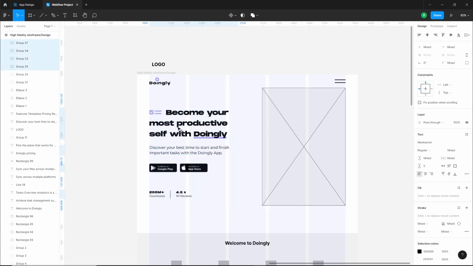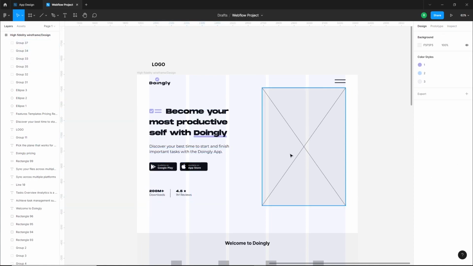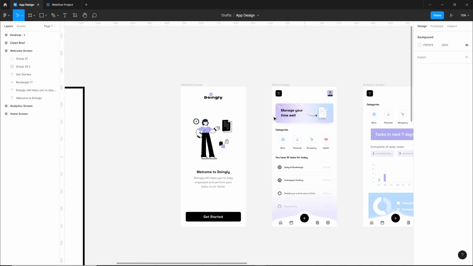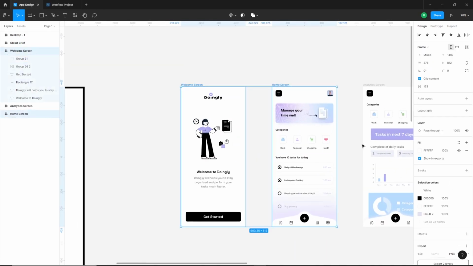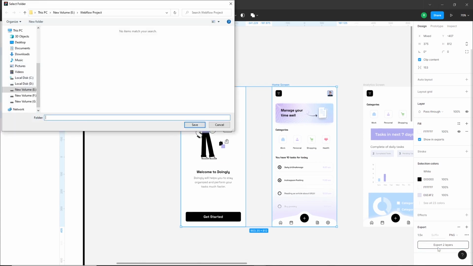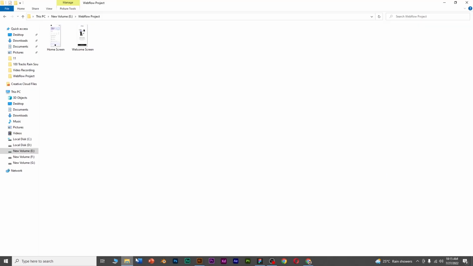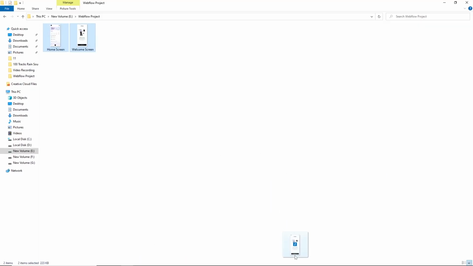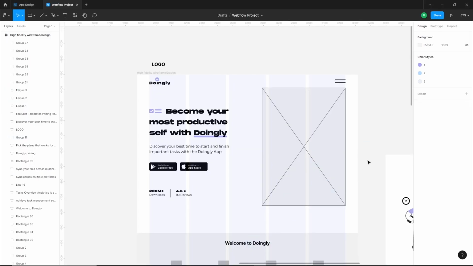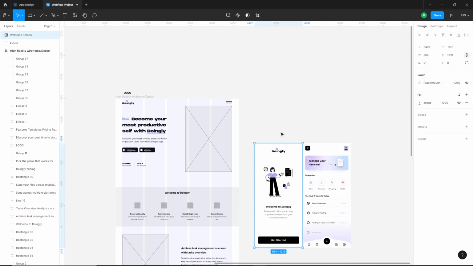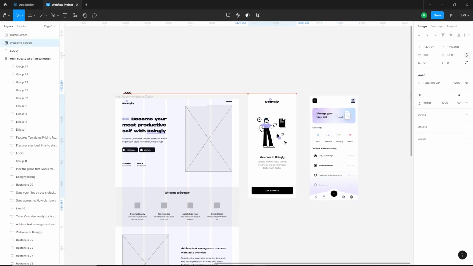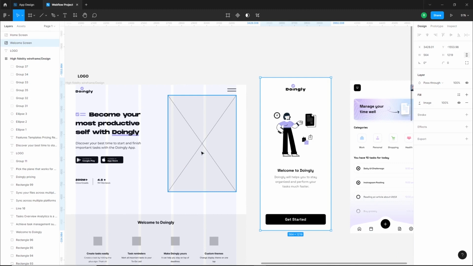Okay, so the left side is almost completed. Let's stylize our hero image. For this, I want to showcase these two pages or screens of our app. First, I want to export these as images and save them. And drag these images to the project. Now, I don't want to showcase these pages simply, but I want to design a beautiful mesh gradient background for